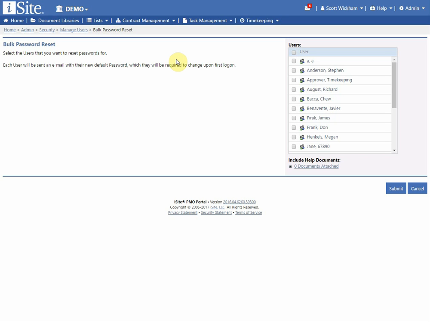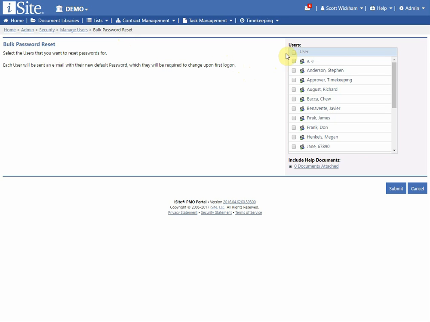Now I want these folks to be notified that they have access to our tool. So basically what I'm doing here is I'm going to reset all their passwords, and then they will be sent